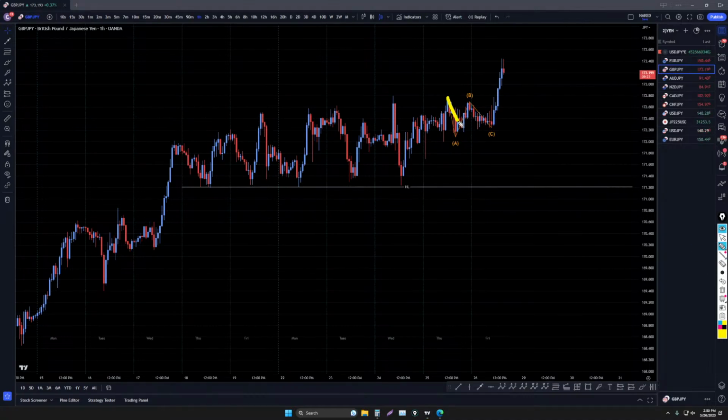Pound dollar. This is another one I traded today. I actually got out not long ago. I think I got out right around there just because I knew I was starting my live stream soon. But definitely a very clear entry. 1, 2, 3 waves down, impulsive up. Very, very nice looking entry.